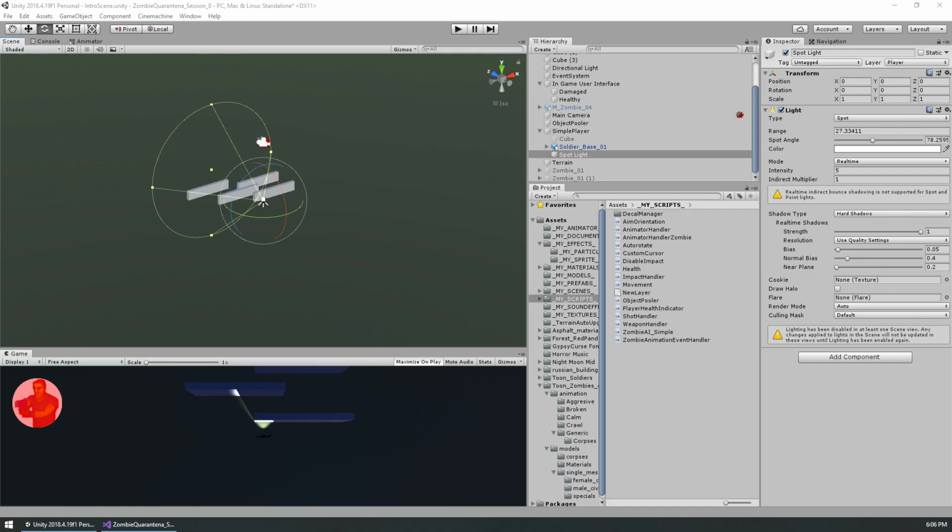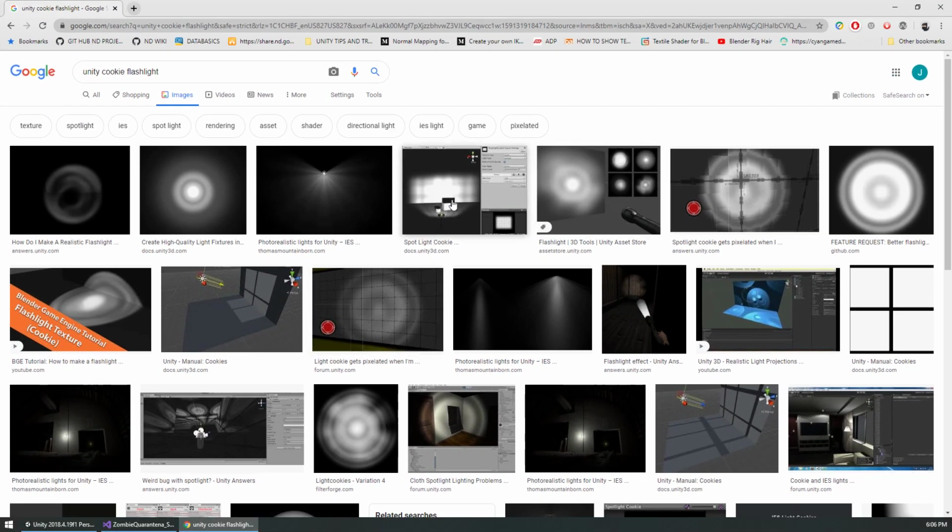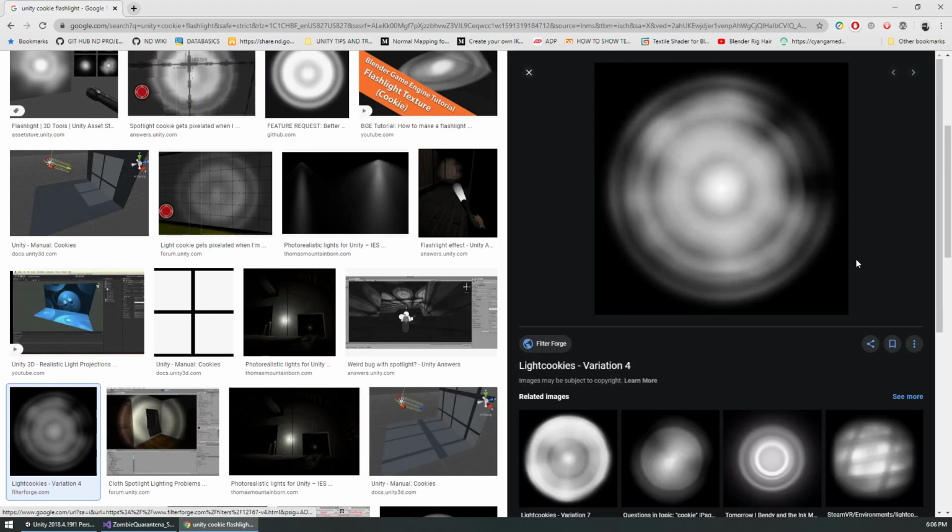Okay, so I just searched here on Unity Cookie Flashlight, and you can grab any one of these images. They would all be fine. If you look at Light Cookies Variation 4, I like the look of that image. So I'm going to